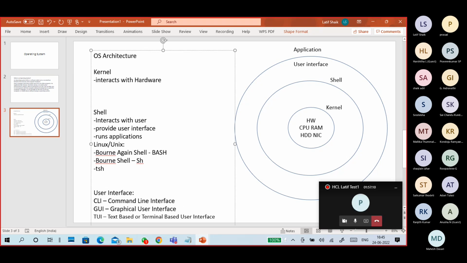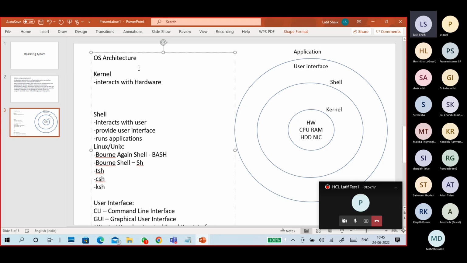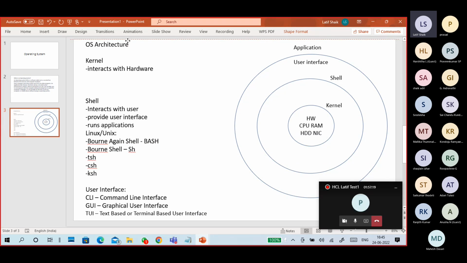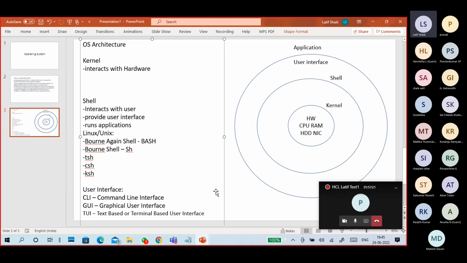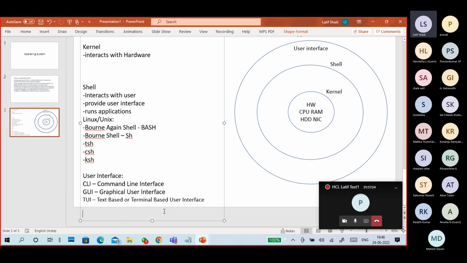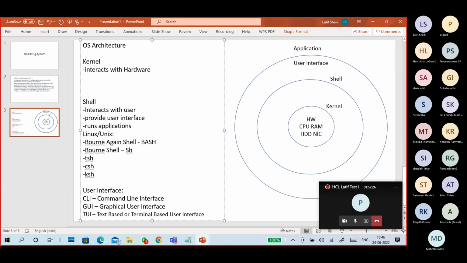TC shell, C shell, and other shells. But whatever it is, the thing which interacts with the user is the shell. So different types of user interfaces are there: CLI, GUI, TUI types. Kernel is also a part of the operating system which interacts with the hardware and manages